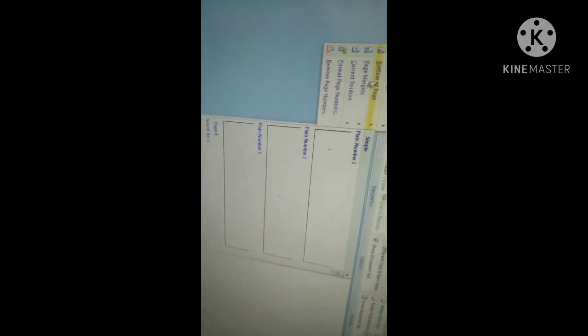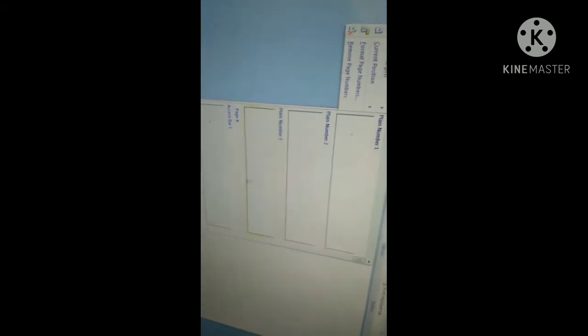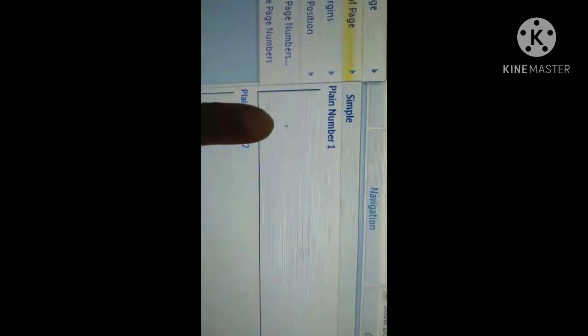Here, if you want it on the top of the page, it will be placed on the top of the page, or at the bottom of the page. Now I want the page number at the bottom of the page and at the corner of the page. See here, it is at the left side of the page. It is in the middle of the page.